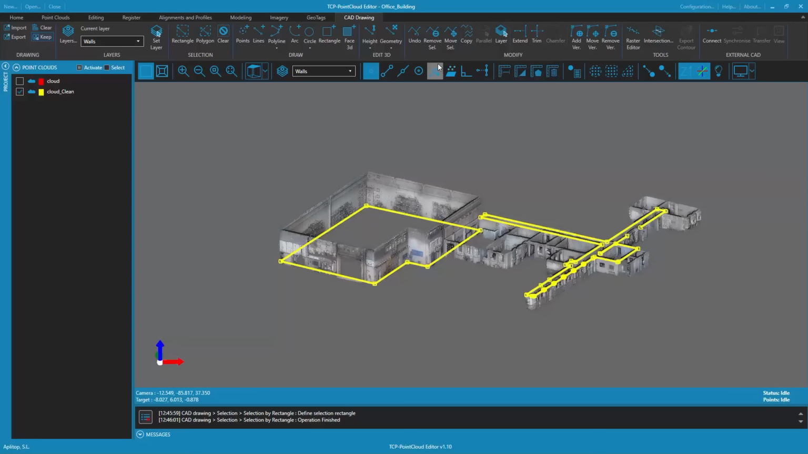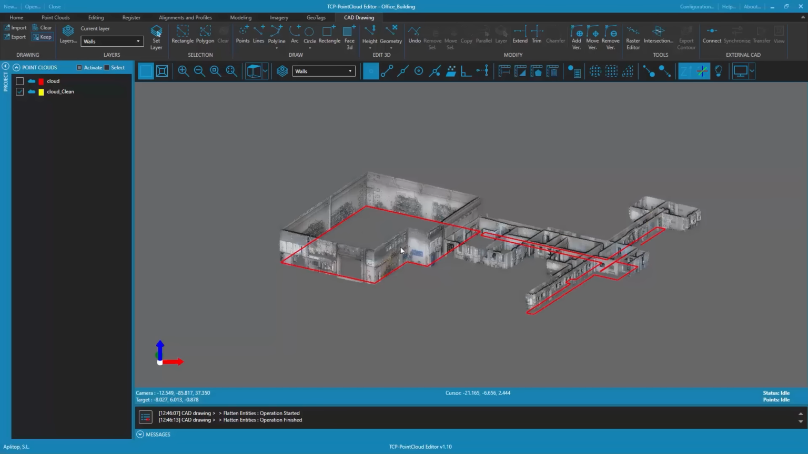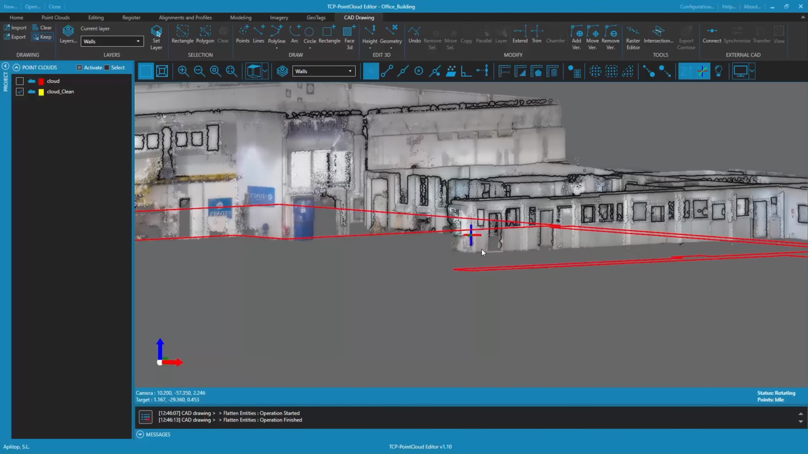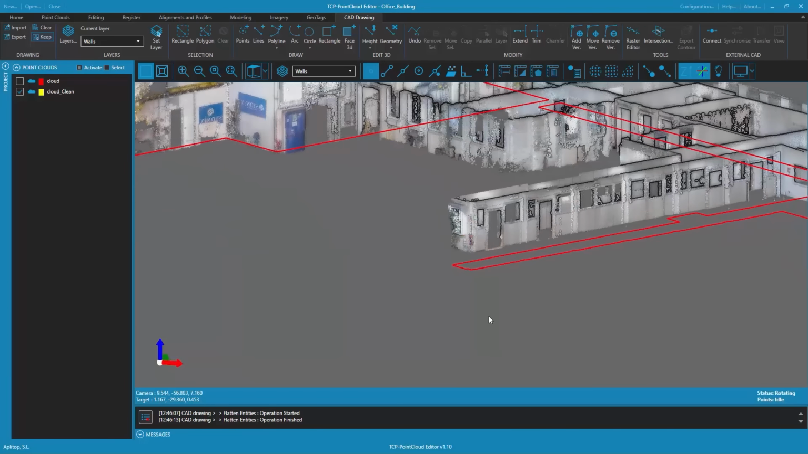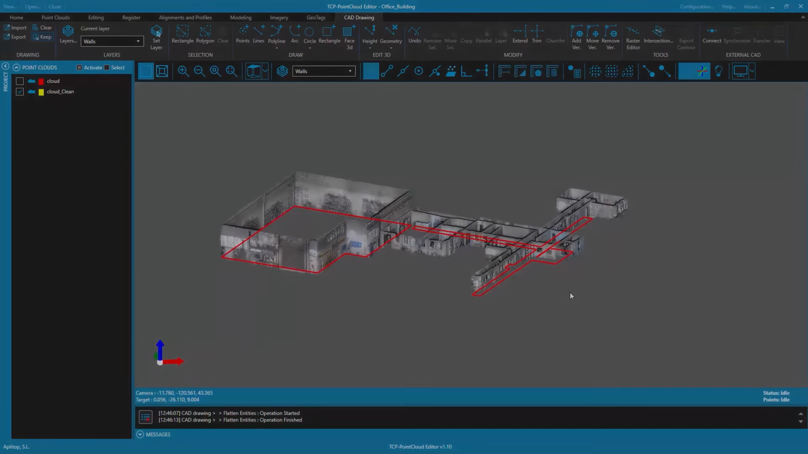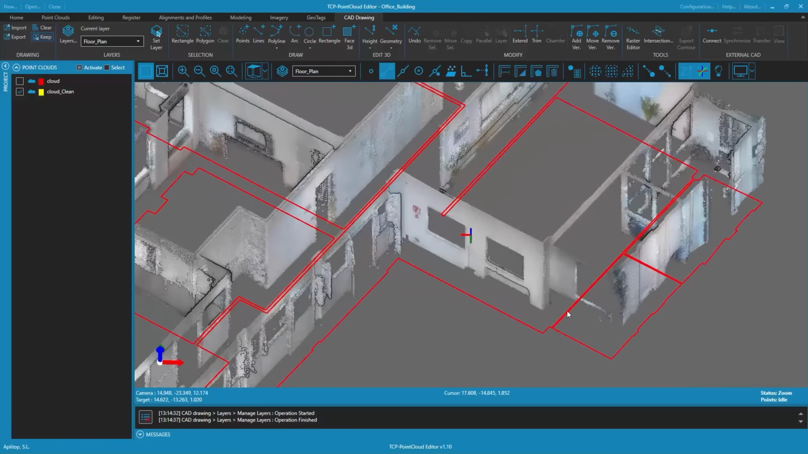Next, we're going to set the same dimension for all vertices of the polylines. We achieve this by using the Flatten Entities command, which allows us to set the dimension value as a parameter. We can see in the viewer how in some areas the polylines of the floor plan are well below the points of the cloud. Once all the polylines of the floor plan have been drawn, we move on to drawing